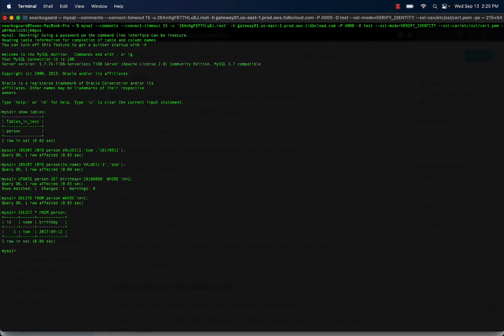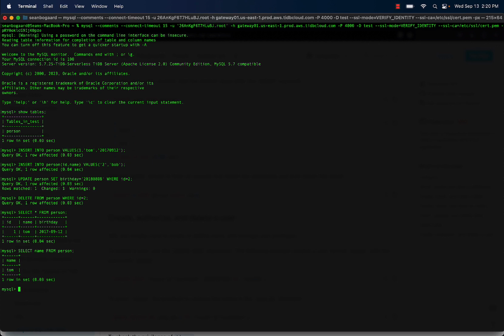But what if we only wanted just a singular column? If we want to specify a column, we want to add the column name after the select keyword. As you can see, we selected the column name from the table person. Since we just confirmed there was only 1 row inside of the person table, the result gives us Tom as